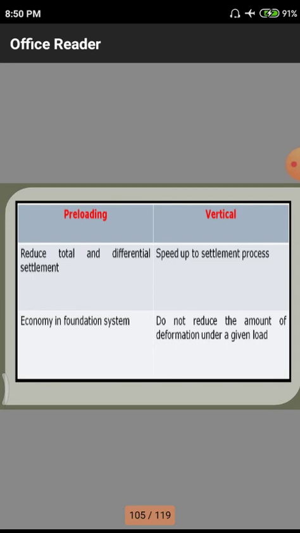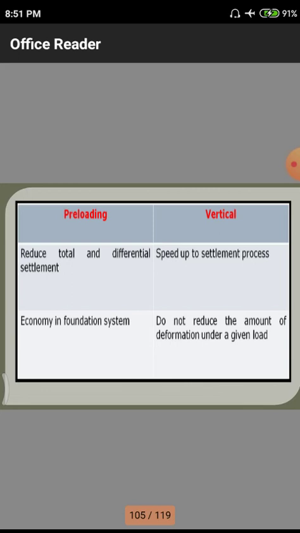That means it accelerates the settlement process, but it is not involved in the settlement process itself. It acts as an accelerator. Normally in chemical processes we use catalysts. A catalyst is not involved in the chemical reaction, but it accelerates the reaction. Likewise, these vertical drains are accelerators for the settlements only, but they don't get involved in the settlement process. They contain a huge quantity of sand, so the sand absorbs the water and the water drains automatically.